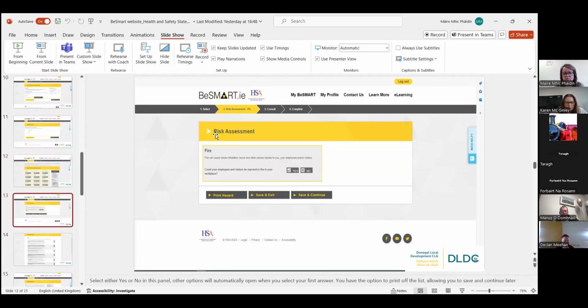So for the purpose of this one, I'm only choosing one out of all of those drop downs. Whereas as the manager or the committee of an organization, you will have to go through every one that's relevant to your organization. But for the purposes of this one, I've only done the risk assessment for the fire. So I clicked, the question was here,